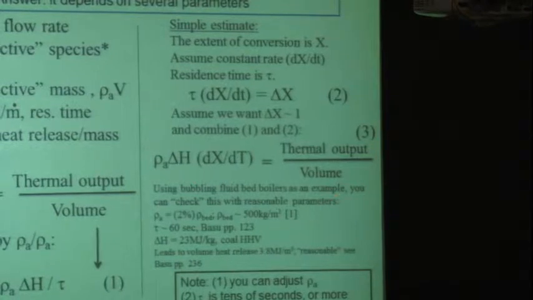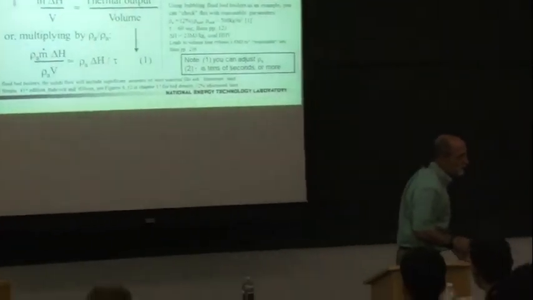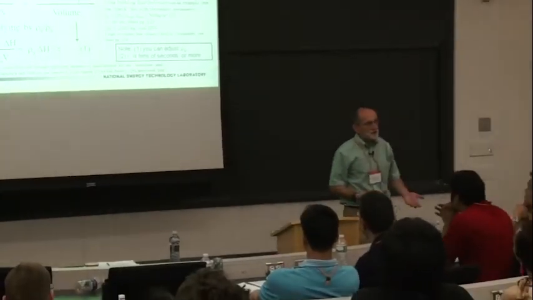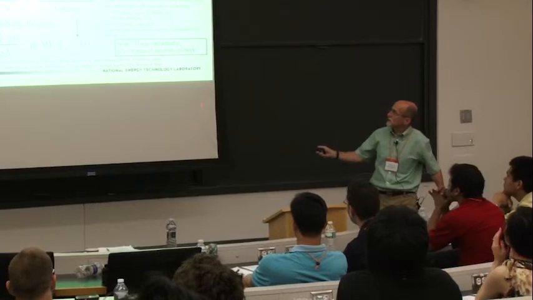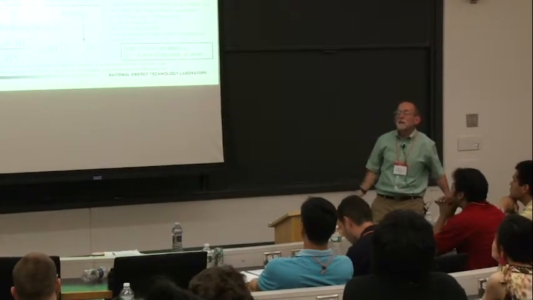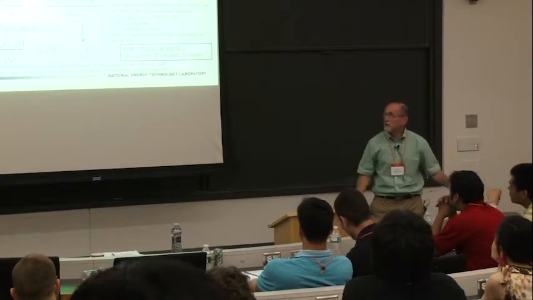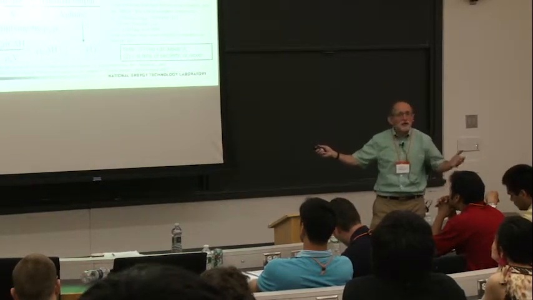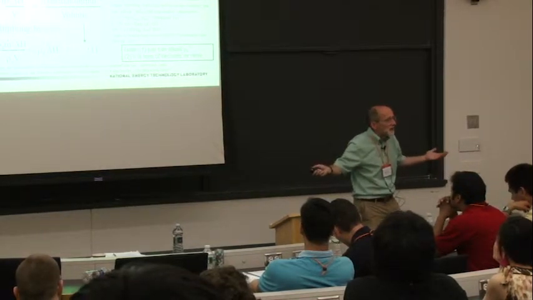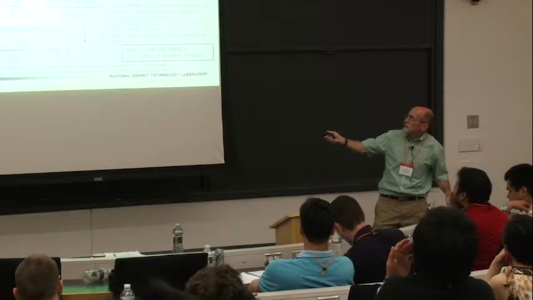So can you build a reactor for chemical looping of a size that's reasonable with the kinetics that we understand? And the answer is yeah. And you can check that yourself. I went in and just did it for a fluid bed combustor, not a chemical looping combustor. So I want to see, will this thing look a lot different than what we already know how to build today? So you can go look up in a book what's the active amount of material for coal in a